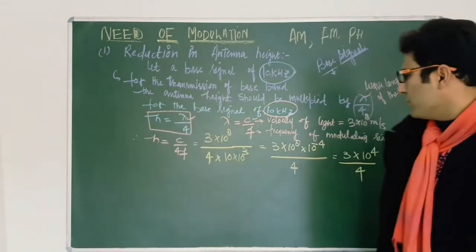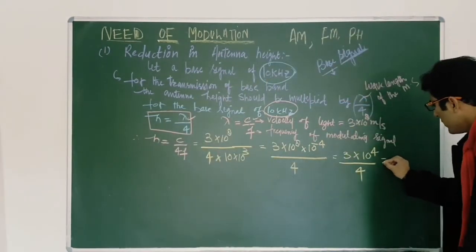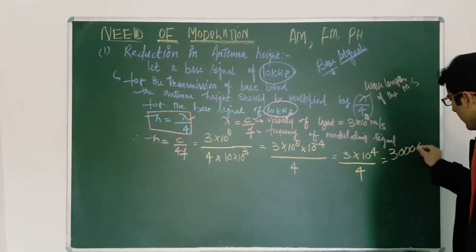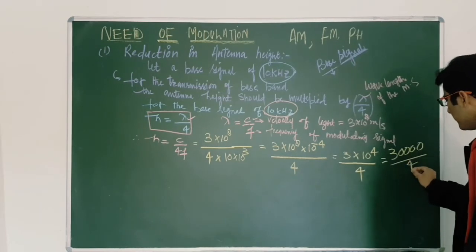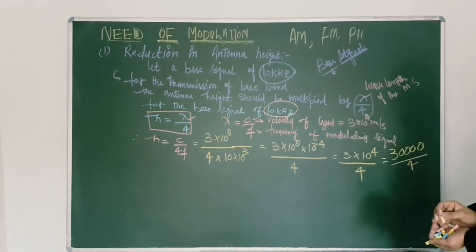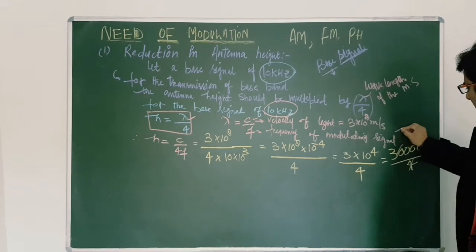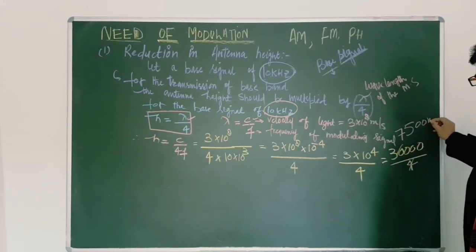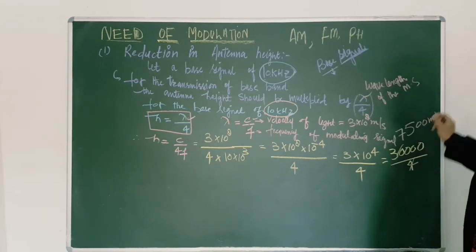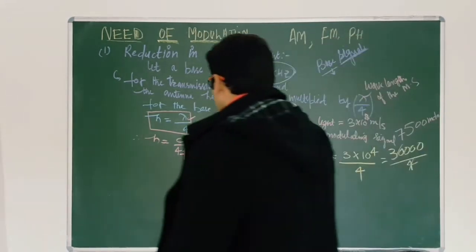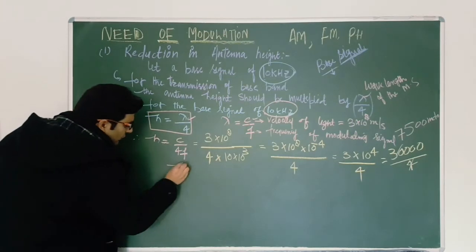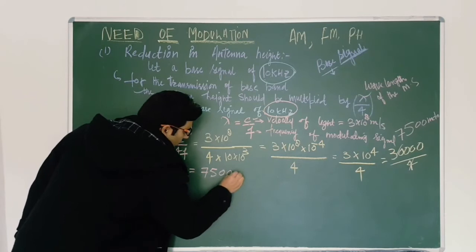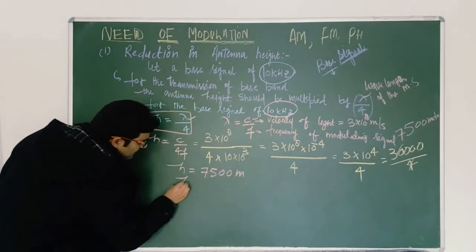3 into 10 to the power 4 divided by 4, so it will become 30000 divided by 4, right? So it will become 7500 meters. So you will see the antenna height h. We'll find h is equal to 7,500 meters, and this h is equivalent to